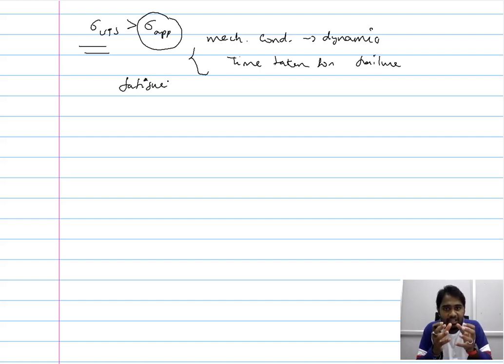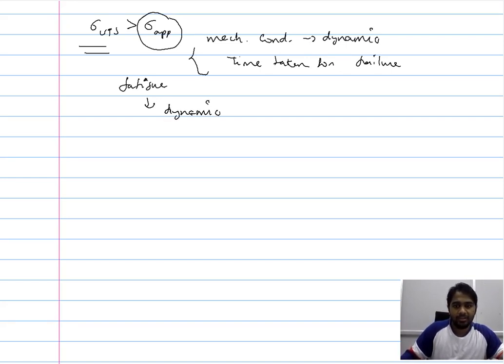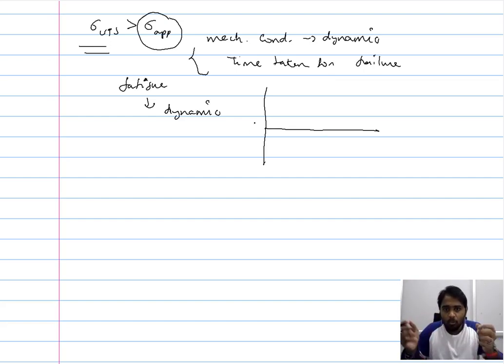So what the fatigue test characterizes is that the mechanical condition you impose is not static. It varies with time. And similarly, what you are interested in is not the strain, but the time taken for the material to fail. So the fatigue test is characterized by the dynamic mechanical condition, and you want to study the time taken for failure. So when you want to impose a stress that varies with time, there are numerous ways of doing it, and the simplest way is assigning a stress that is similar to that of a sine curve.